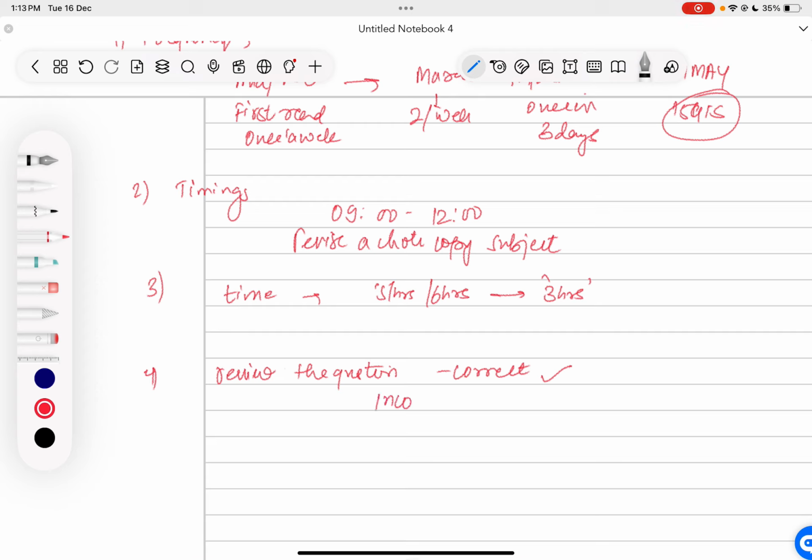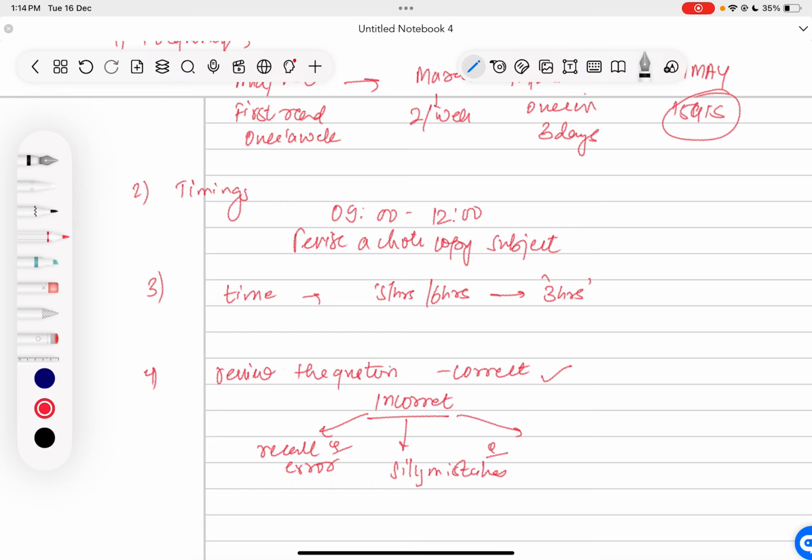If it's incorrect, then you have to focus on 3 things. First, whether it was a recall error. If it was a recall error, this is a major thing on your part, and you have to revise that content very well. If it was part of your notes and you still don't remember, that means that part is lagging in revision. Second, if it was a silly mistake, silly mistakes are very common